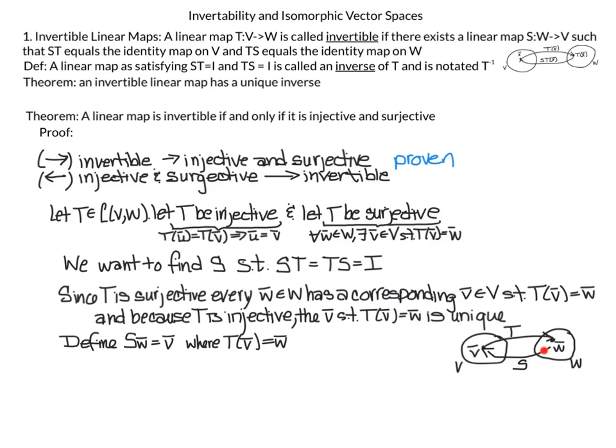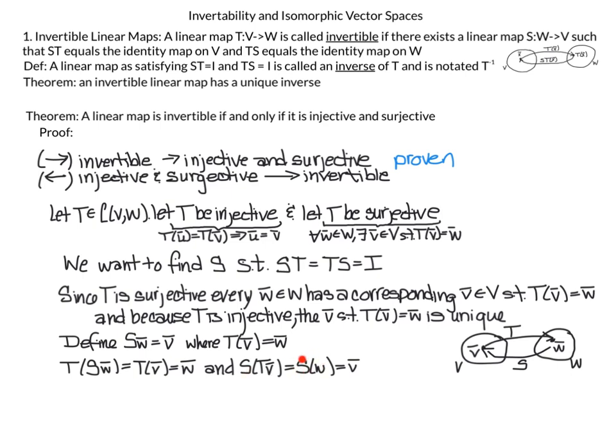And we know this S mapping is defined because T is onto, and it's well defined because T is 1 to 1. So what we have is T of S W is equal to T of V, which is equal to W. So in other words, TS of W is equal to W,